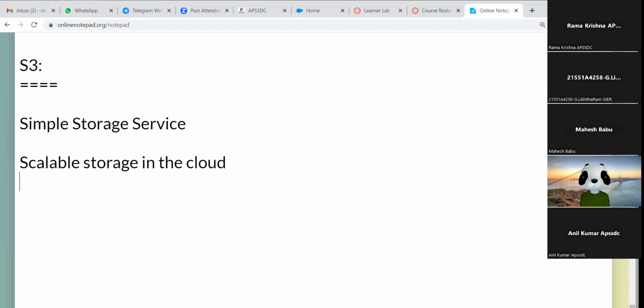data or any type of data, we can use this S3 service. And this should be globally deployed. That means when you compare the S3 service with the other services, this S3 service should be globally deployed. Right. Okay. Now let's all of you open the learner lab